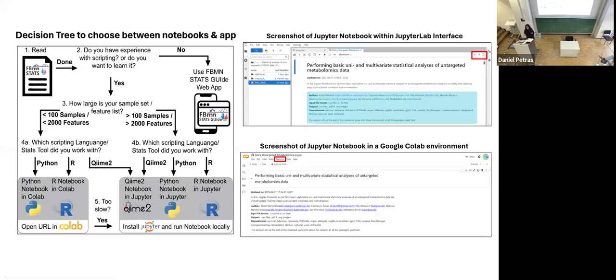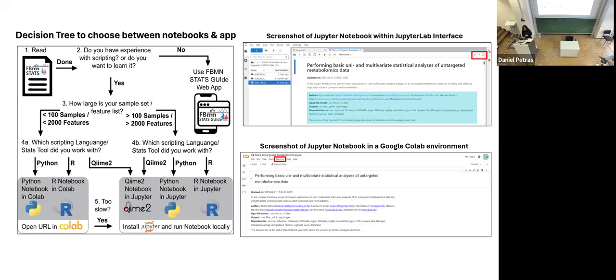And if you have scripting knowledge, or if you want to learn it, you can just choose between R, Python, or QIIME 2, as you can see in the decision tree. If you have a large number of samples, let's say more than 100 samples or more than 1,000 features, these are not actual numbers, just to give an idea,